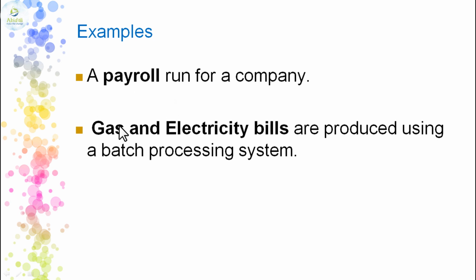Gas and electricity bills: for gas bills we don't have any idea, because we don't have gas connections at home, but we get gas cylinders, that is different. Let us talk about the electricity bill. The user will use the electricity, and at the end of the month the KV person will come, take your reading, put the bill and go. Daily you are using electricity, that means the number of units you consume daily is nothing but a type of job submitted to your meter. Meter reading will be taken and it will produce the result as a batch processing system.